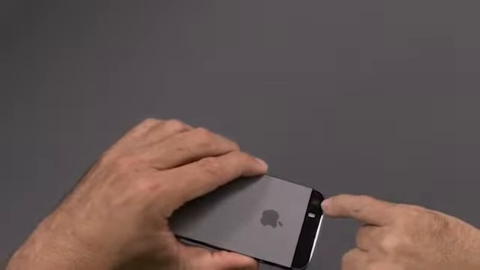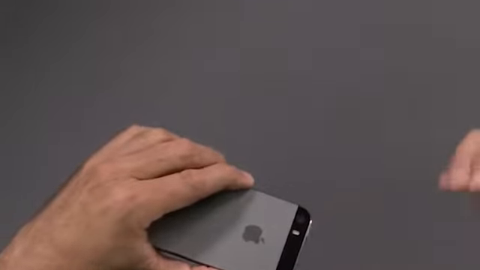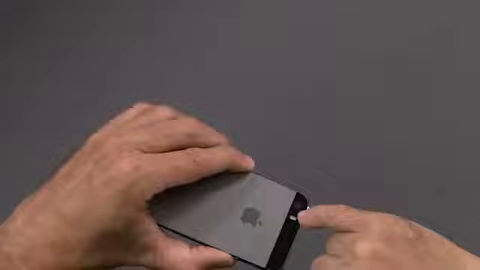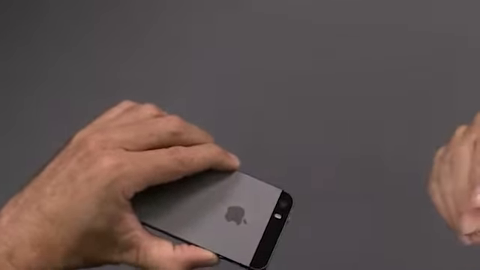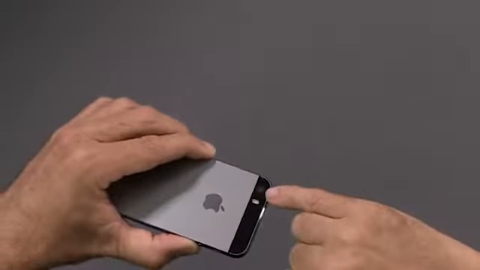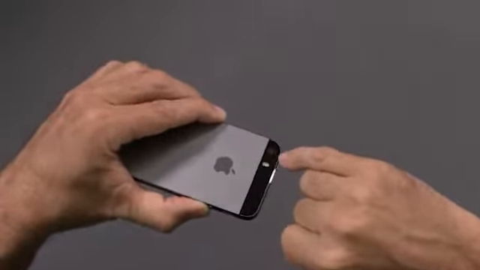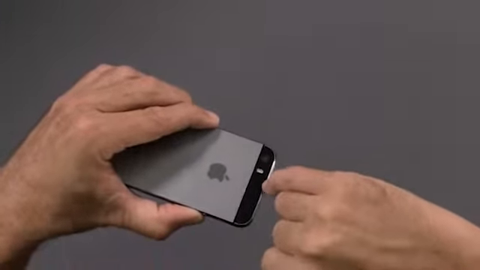This circle that you're seeing here is the camera that you're going to use in taking most photographs. It's what's called the rear-facing camera. Next to that is a little pinhole. This little pinhole is a microphone. It allows me to record sounds when I'm taking video, because in addition to taking photos with this rear-facing camera, I actually am going to be taking video with this rear-facing camera as well. And right next to that, this white area is actually a flash.